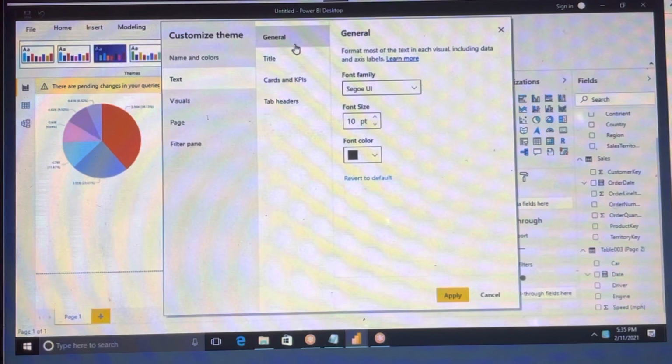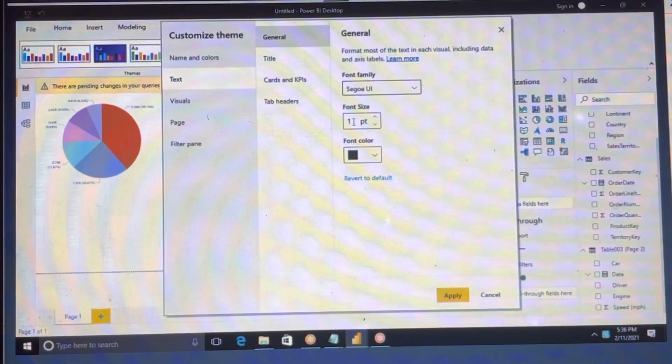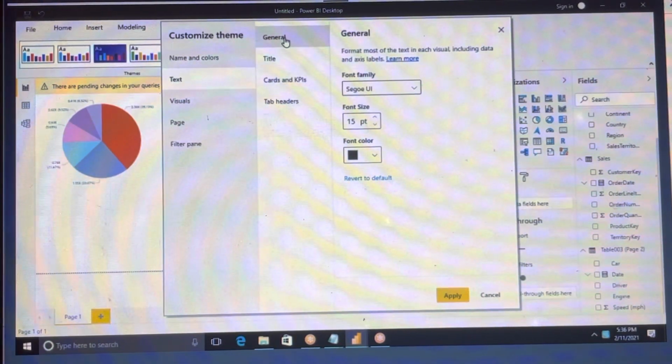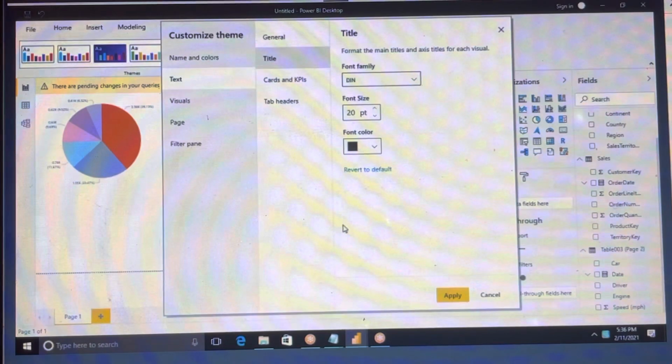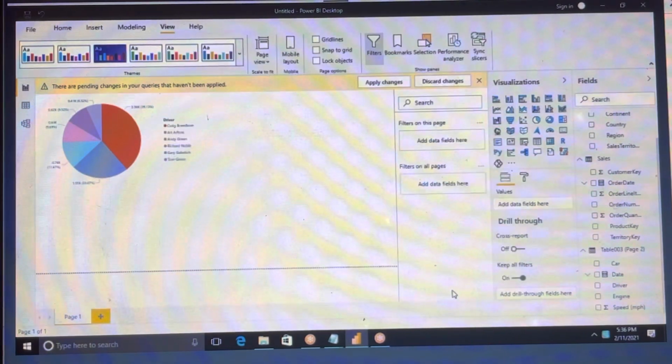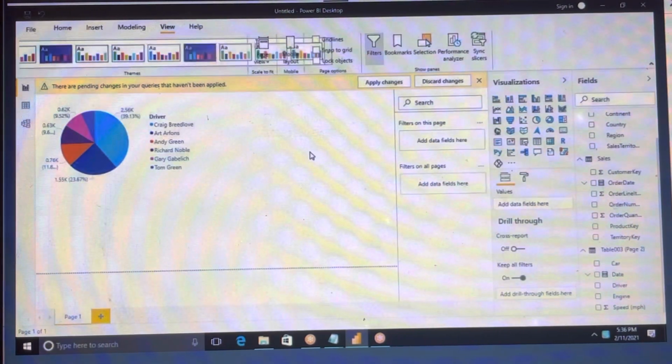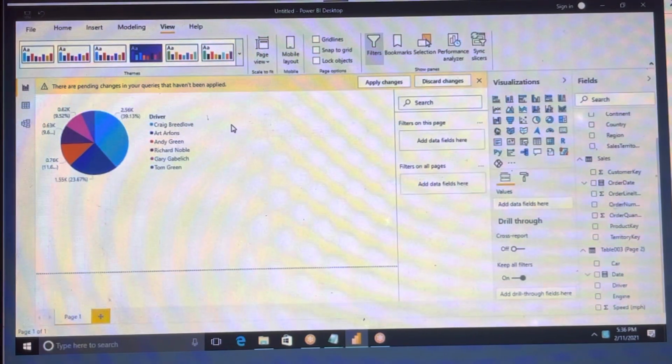Click on text. From the general, you can make it 15. By default, it is 10. And go to title, font size, make it 20. Click on apply. Right, now it looks like the text is clear, right?